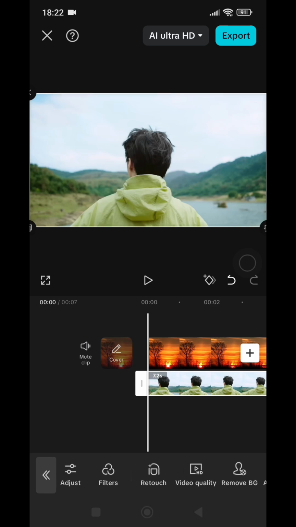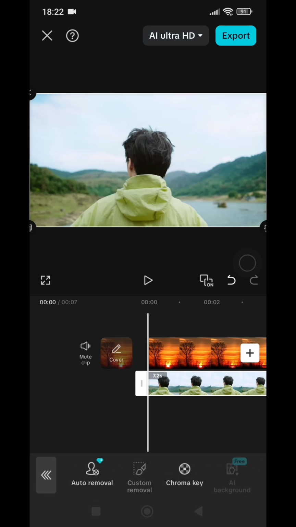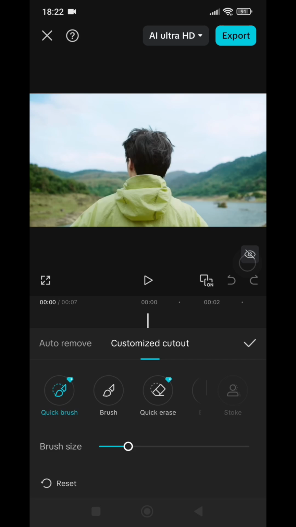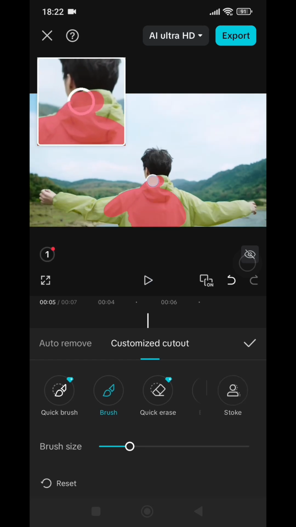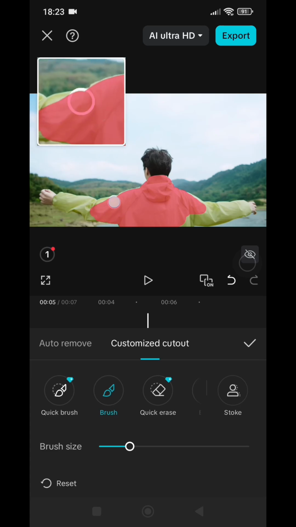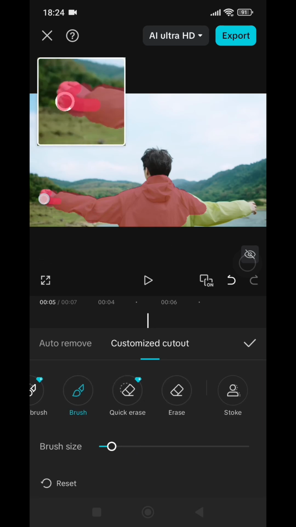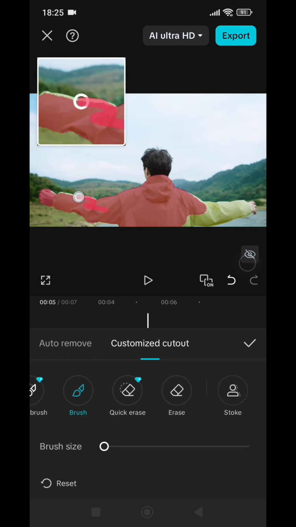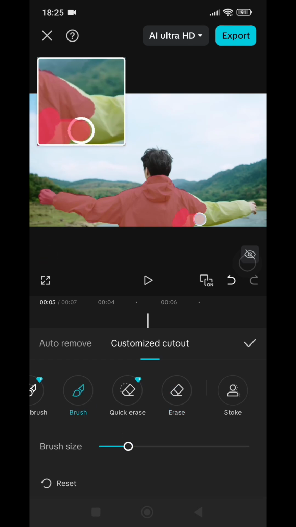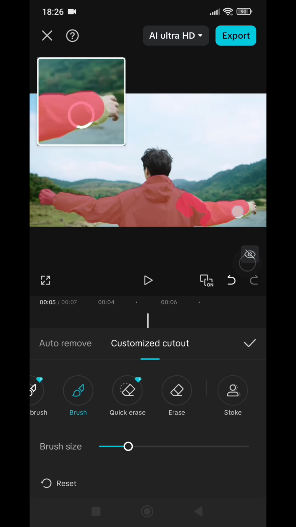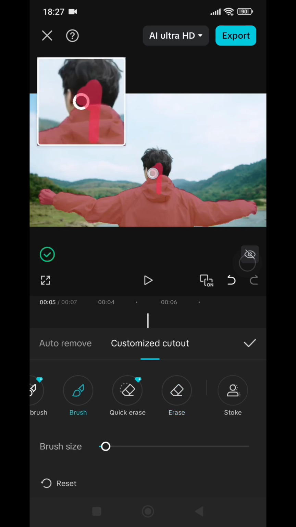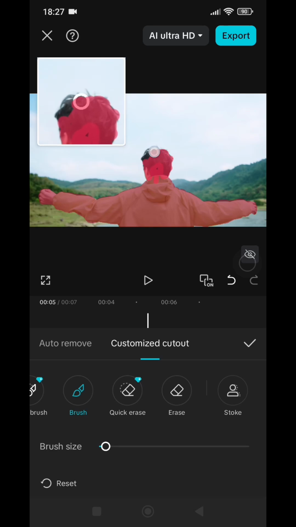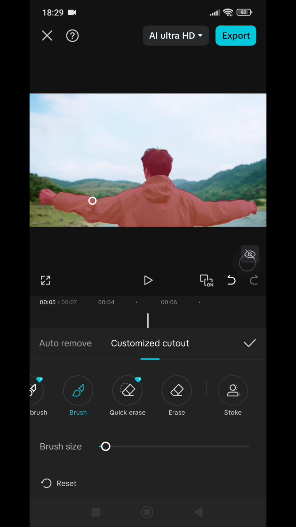And then go to remove background. And then choose custom removal and use the brush to keep only the object that you want to turn into a silhouette. Like this, and then